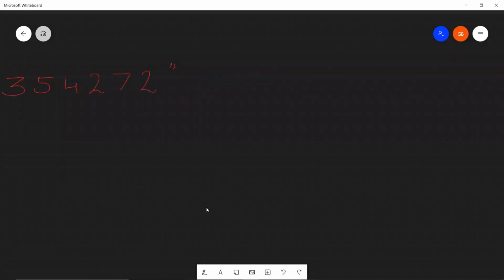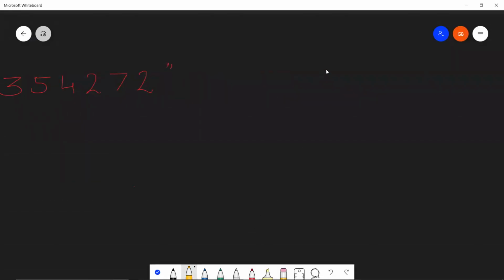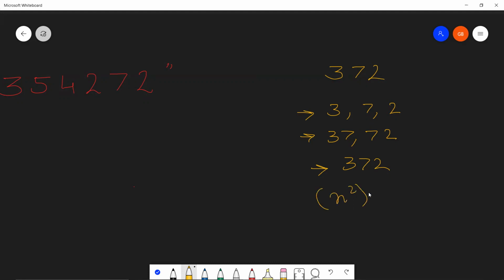Let me take a small one for a temporary basis over here. Let's say 372. So you'll be getting 3, 7, 2. These are one digits, then 37, 72, and then finally 372. Let's say you generated all these strings, that would require an n square complexity loop.